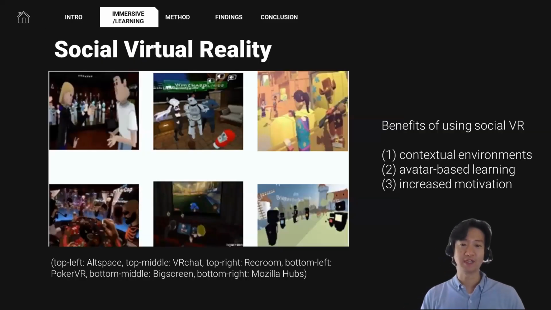And then, what is social VR? Social VR is a virtual world where you meet people, have activities, and communicate. In the literature review, there are three benefits to using social VR. The first is a contextual environment, the second is avatar-based learning, and the third is increased motivation.